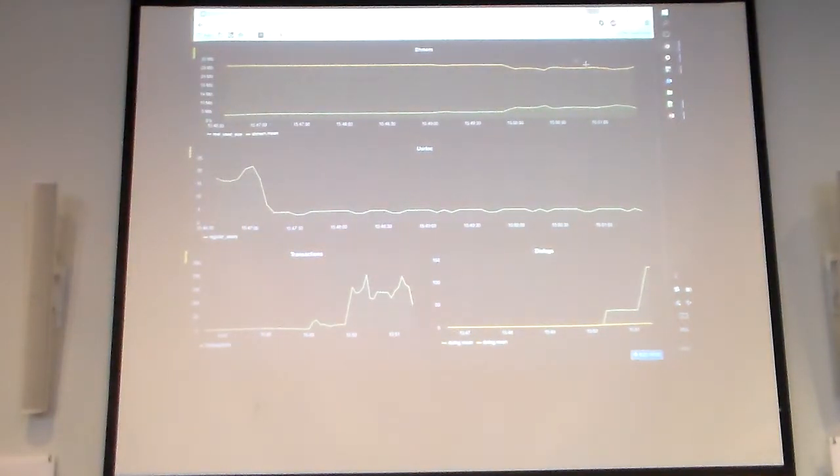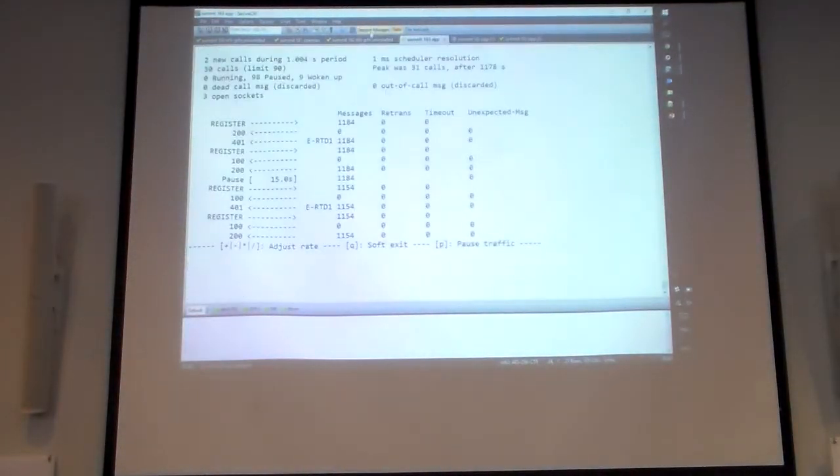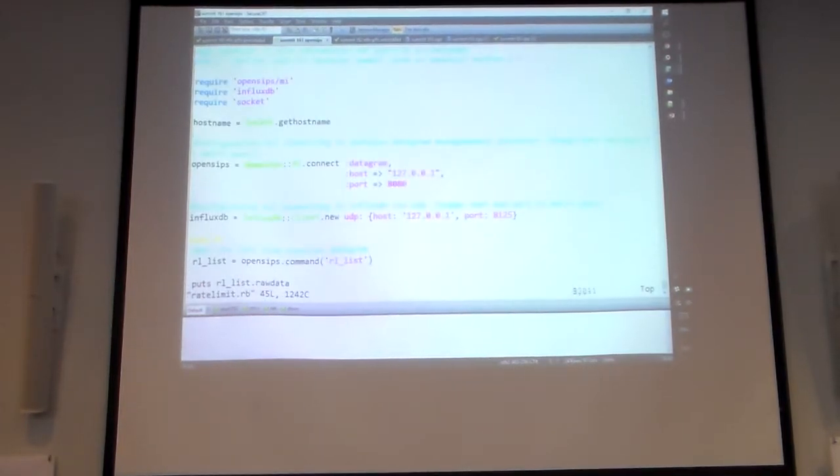So let's see if we can introduce a rate limiter module to it. It's not a script, it's very much alike. It's on this machine, detached from the screen. The rate limiter module is already configured in my OpenSIPS script. I only have to configure the script to this one, that's rate_limit.rb, yes, that's the one. We do the same, configure it to talk to the OpenSIPS datagram interface,